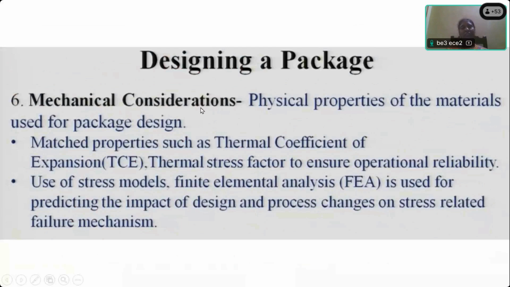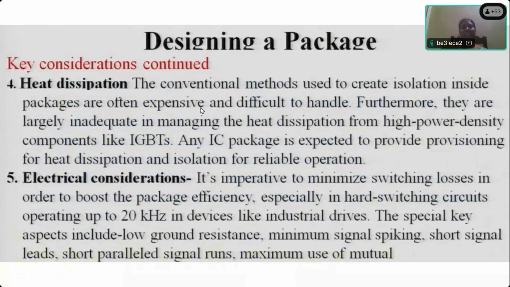Okay, so first one is smaller footprints, second one power density, third one thermal efficiency, fourth one heat dissipation, fifth is electrical considerations, sixth one mechanical considerations. The six considerations should be done while doing